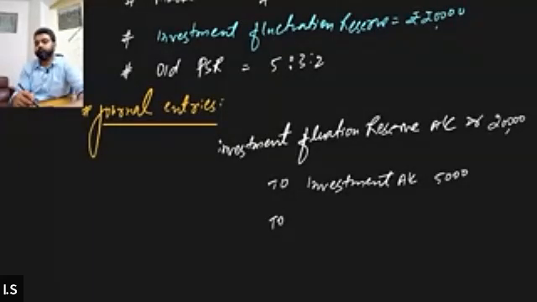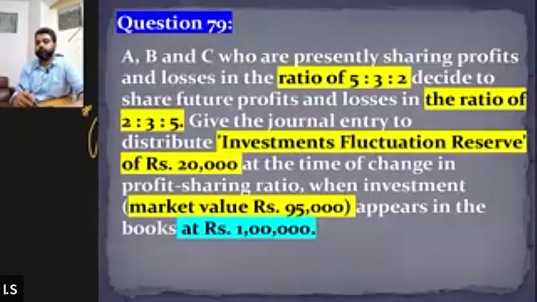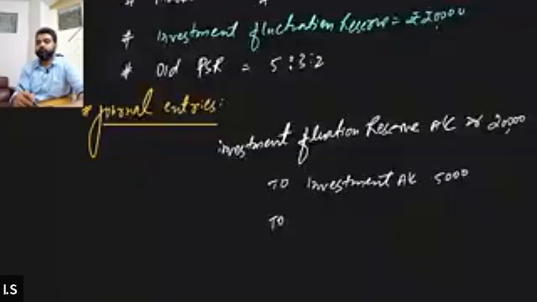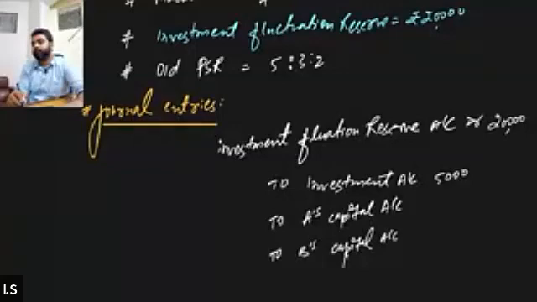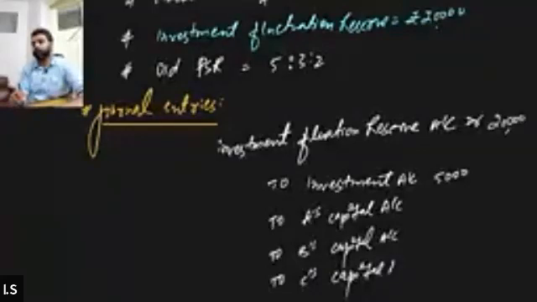Distribute among partners. Distribute among partners in what ratio? In the old profit sharing ratio. So we'll write down all the partners' capital accounts will be credited: to A's capital account, to B's capital account, to C's capital account. And because we need to distribute 15,000 to all the partners in the old profit sharing ratio,